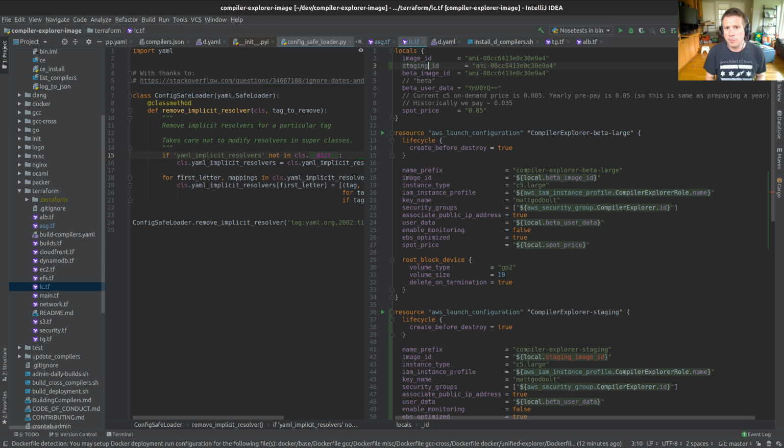This is like some local variables. Staging image ID equals the same as that. Auto format. I'm too lazy to ever line these things up myself. So at the moment, they're all going to be the same. It means that if we're planning on rolling out a new image type to production, we can update the staging image ID first, make sure that works, and then update the image ID to get production to change. So that's probably worthwhile doing.